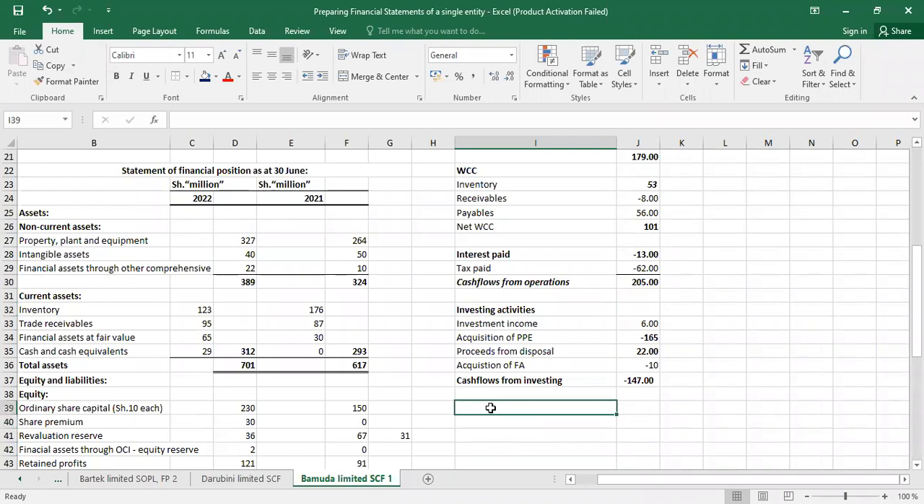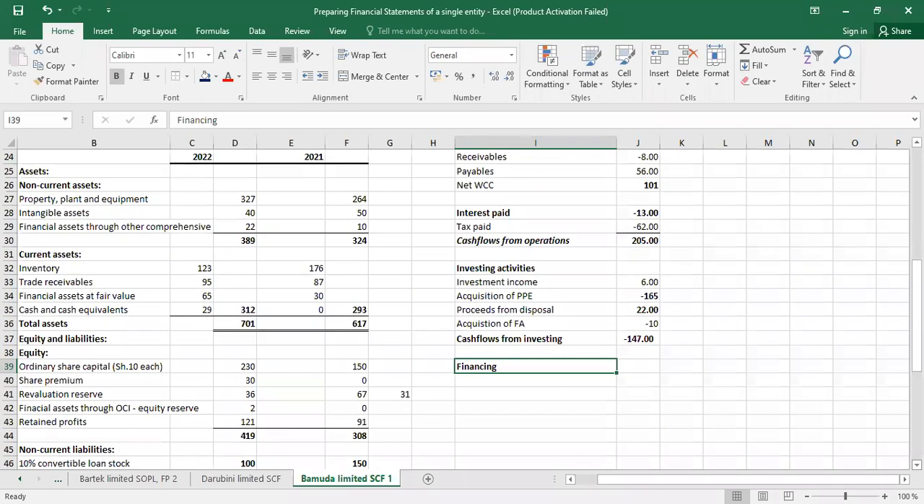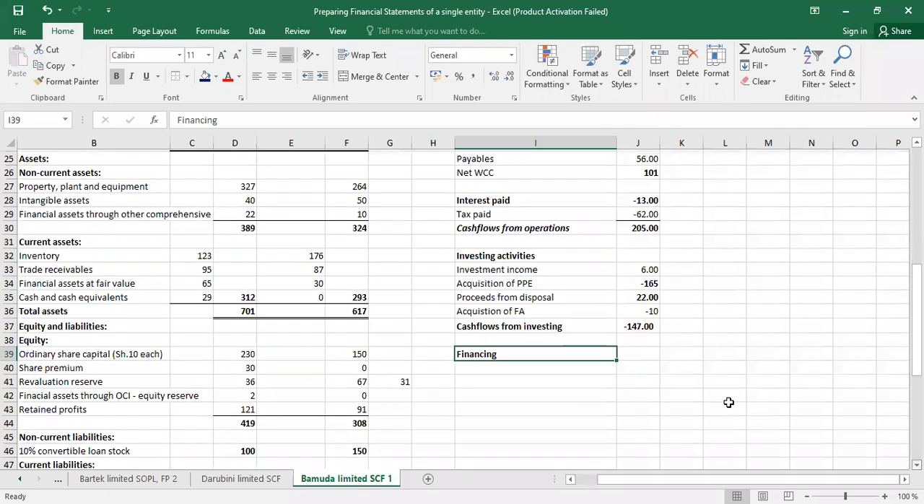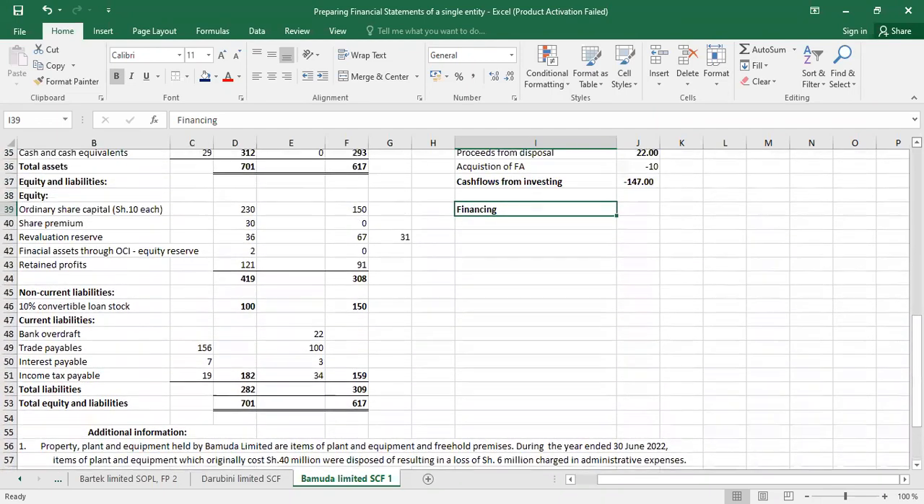Skip one line. Financing activities. So I'll be faster so that we finish financing. Control enter, control bold, isn't it? So from additional information, we talked of shares, isn't it? Let me just take it there. 50 million of convertible loan stock was converted into 50 million ordinary share capital at par, isn't it? So issue of shares